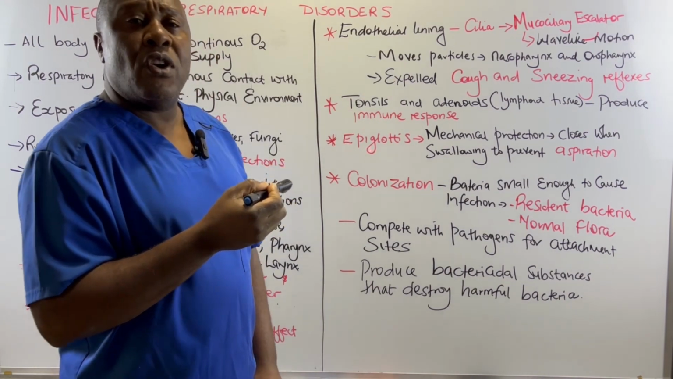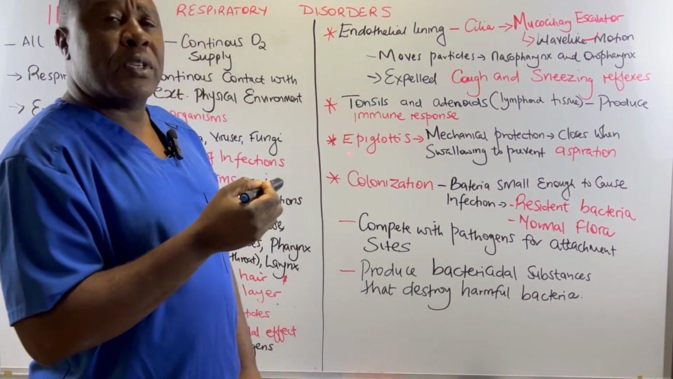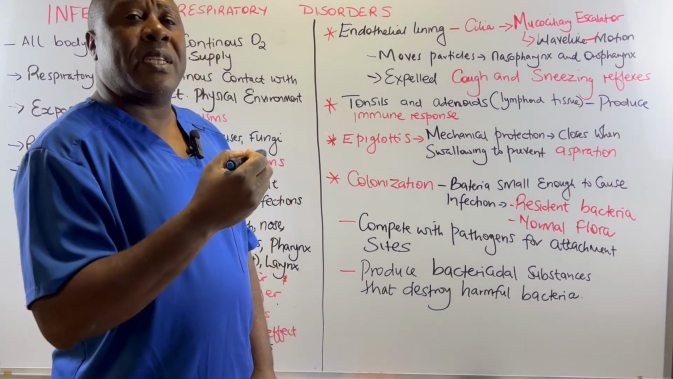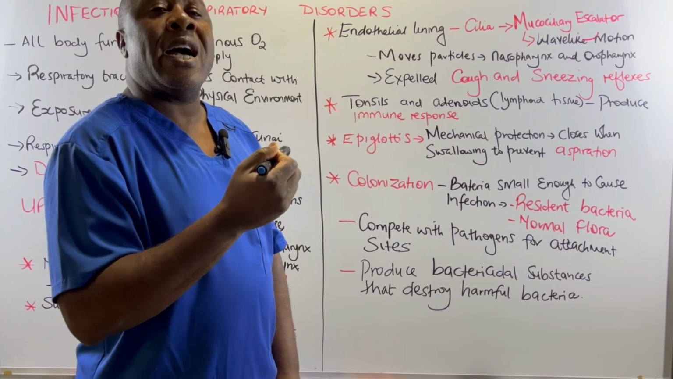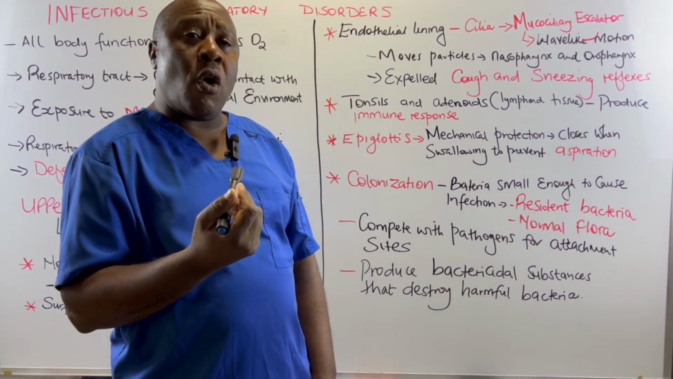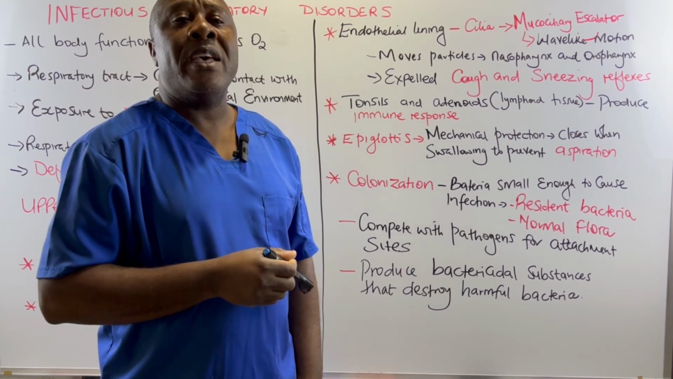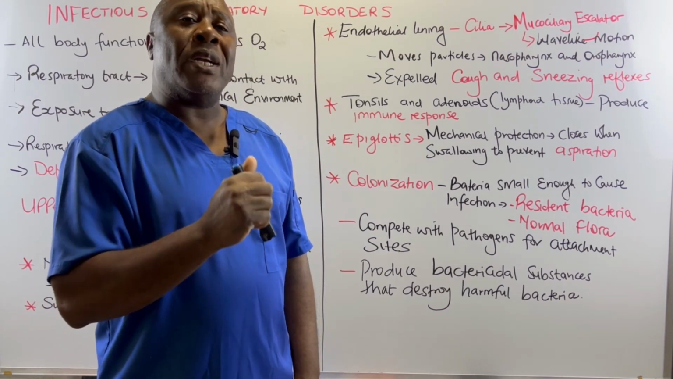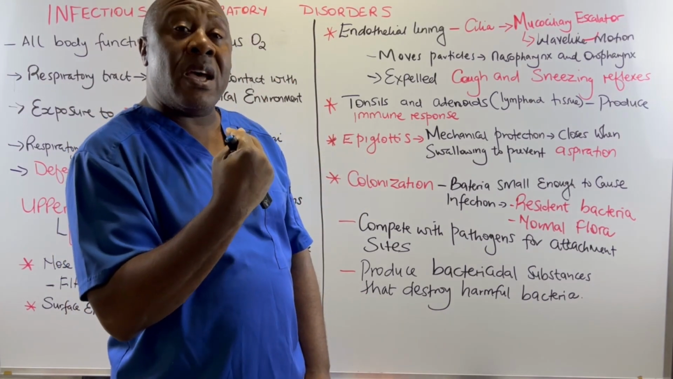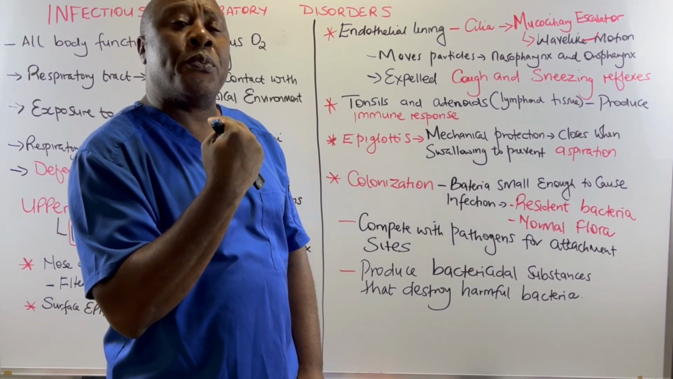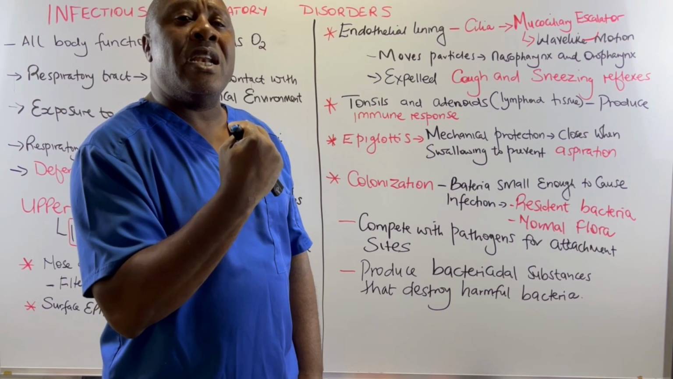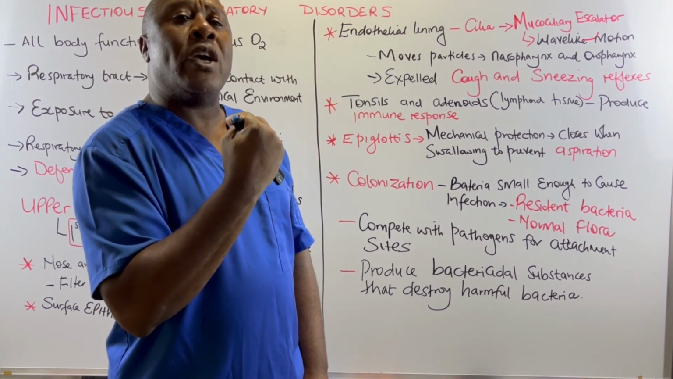Now, an epiglottis offers mechanical protection. An epiglottis lies above the larynx. It protects the larynx when we are swallowing. So when we are not swallowing, the epiglottis is open so that air can enter into the larynx, into the trachea. But when we swallow, the epiglottis lies on top of the larynx to prevent what we call aspiration, so that any food or any liquid that we are swallowing should not enter into